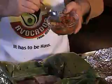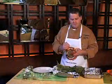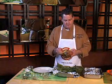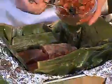rub liberally over the top the roasted tomato and chipotle marinade. This marinade has a nice smoky flavor from the smoked jalapenos, which is the chipotle. We're going to spread that over the top of the brisket,